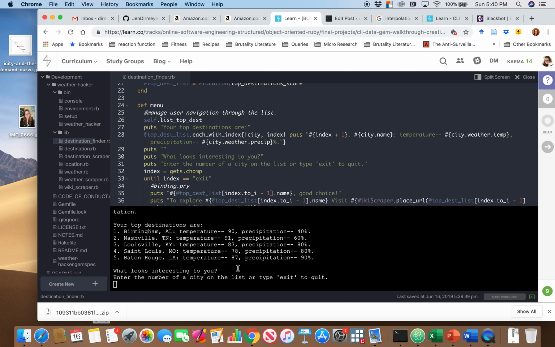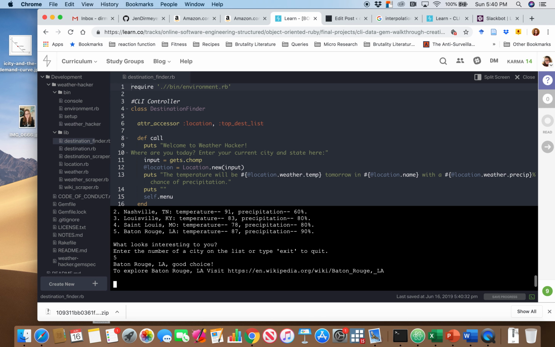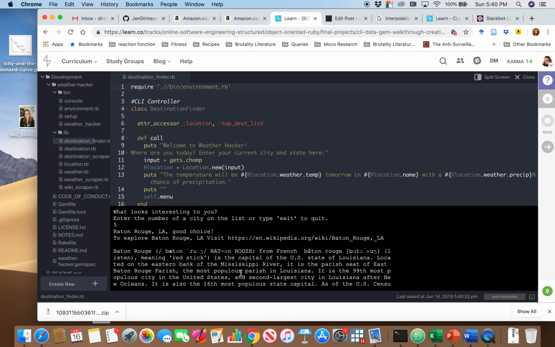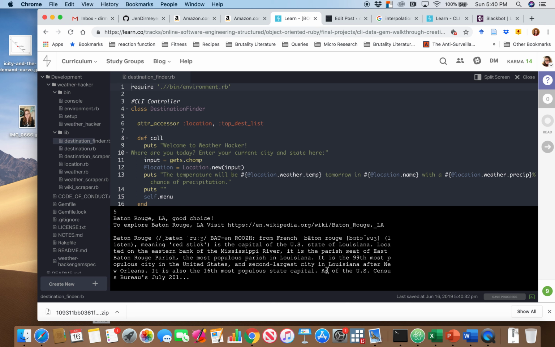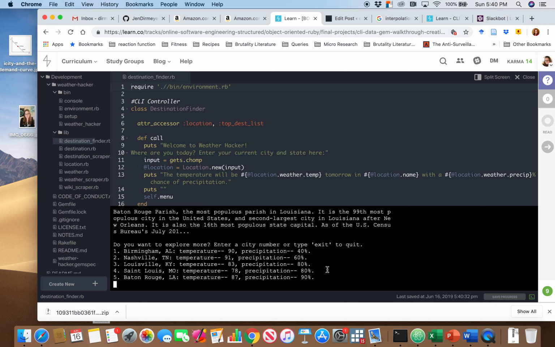So let's go ahead and look. We really want a miserable day. 87 with looks like thunderstorms. So let's go ahead and pick Baton Rouge for tomorrow. All right, Baton Rouge, good choice, maybe. To explore Baton Rouge, visit the Wikipedia page, and then it gives you a preview of what's on the Wikipedia page. Then you are given the list again, so you don't have to scroll back up and find it,